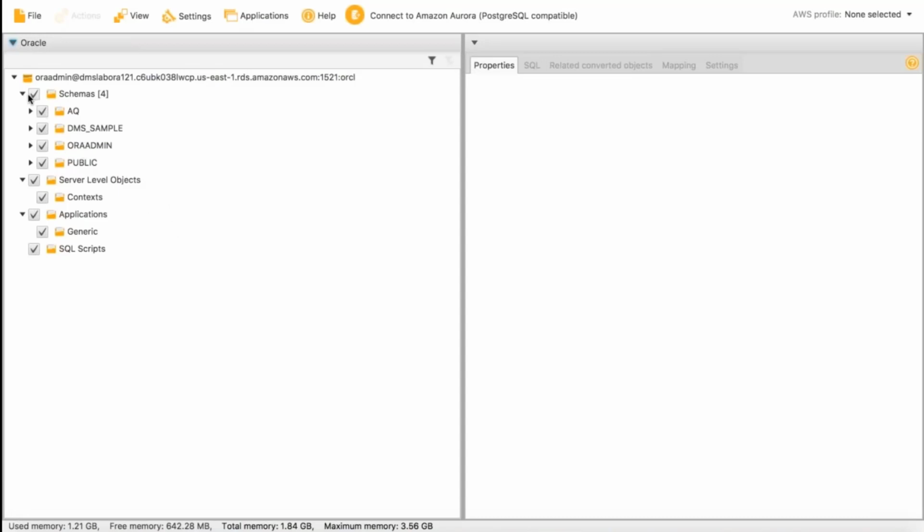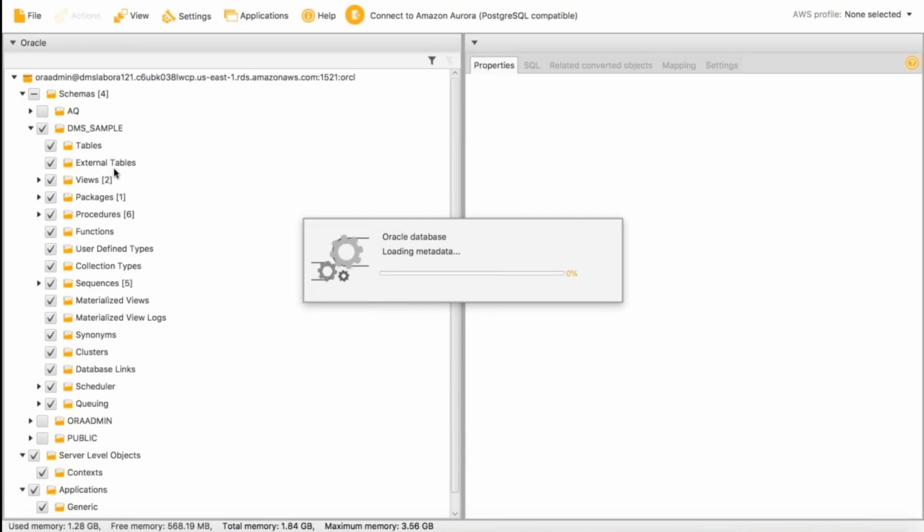For this demo, I've got a bunch of schemas here, but I'm going to focus on one schema, which is my DMS sample schema. If I expand this out,